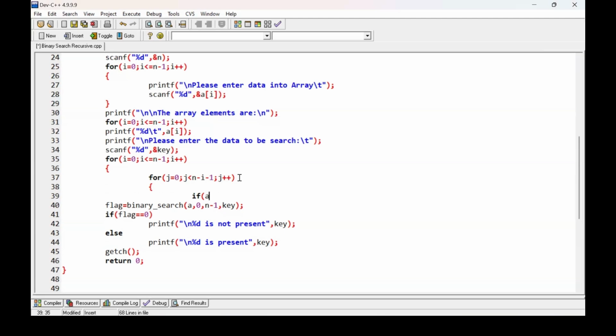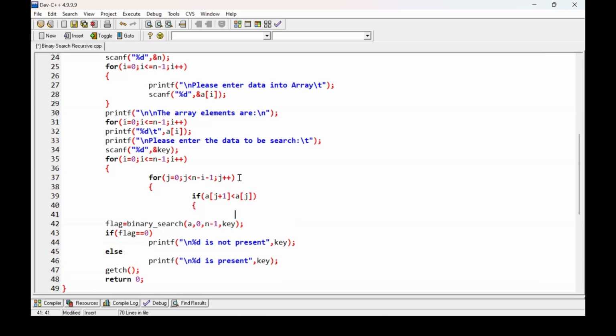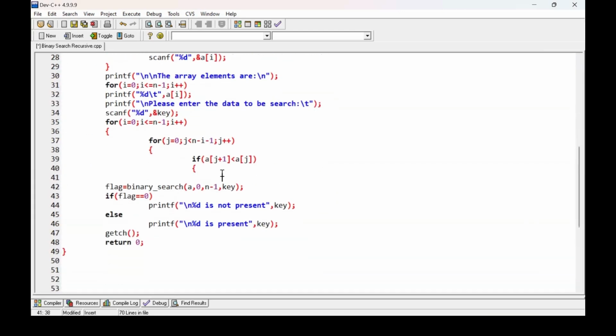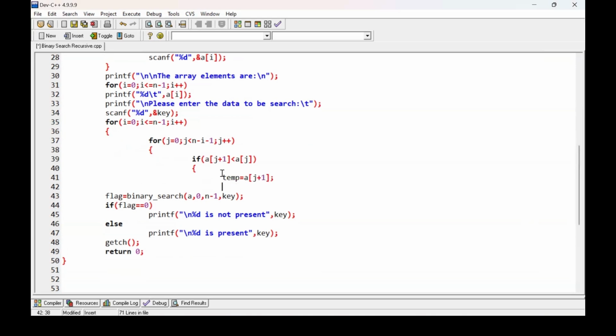So if a[j plus 1] is less than the a[j] element, then what do we have to do? Only then do we go for swapping. Here we perform the swapping with the help of a third variable, so for that I use the temp variable. So temp equal to a[j plus 1], then a[j plus 1]